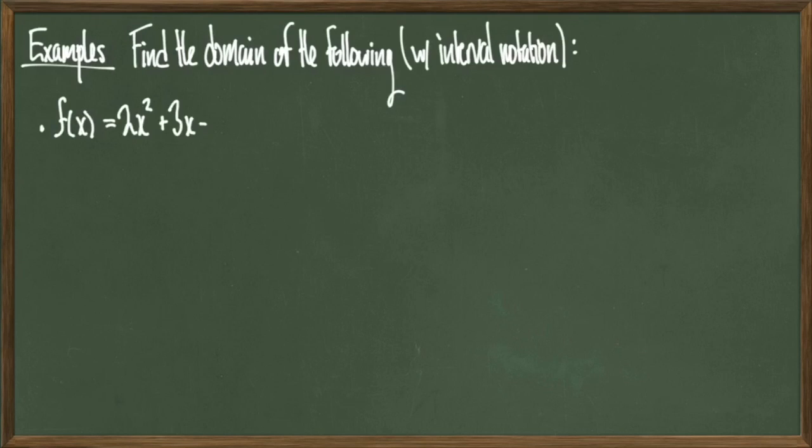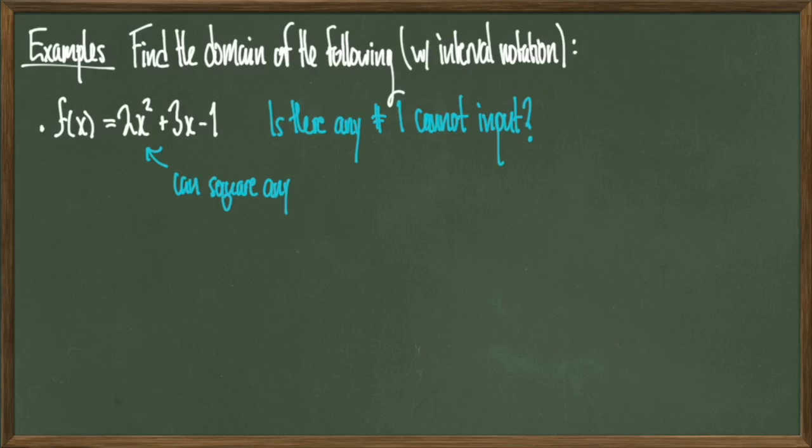For starters, we'll look at the function f of x equals 2x² + 3x − 1. So with the vending machine, we looked at codes that the machine could not handle. So in this situation, we're going to look for possible x values this function might not be able to handle. So is there any number that we can't input into this function? In other words, are we going to break any math rules, like dividing by 0 or taking the square root of a negative number? In this particular example, the answer is no, because the inputs are either squared or multiplied by 3,